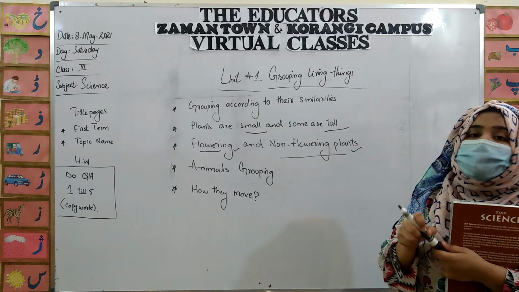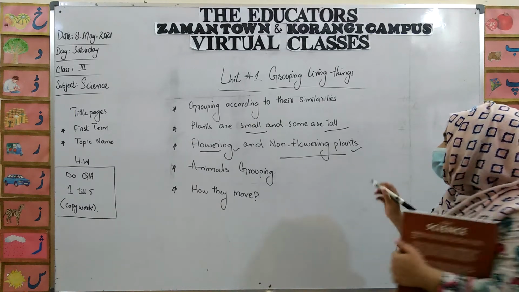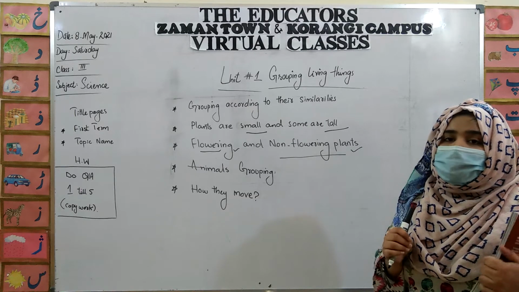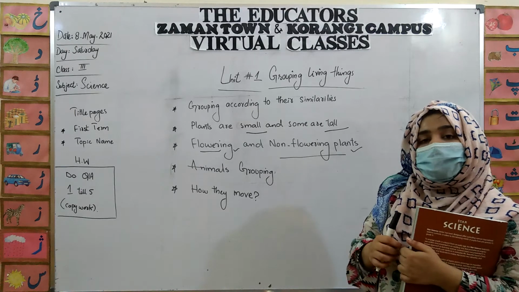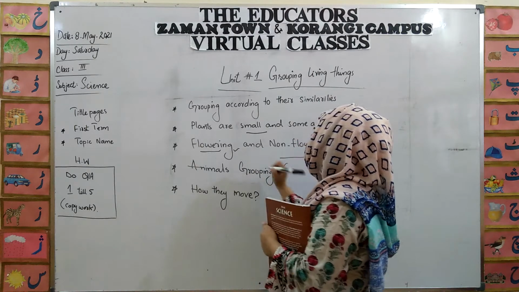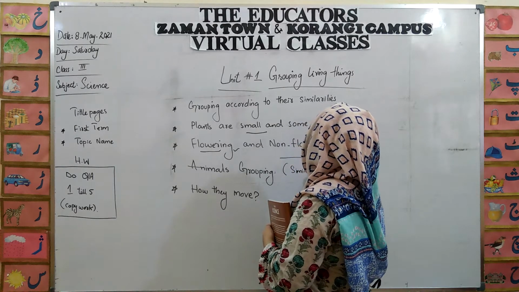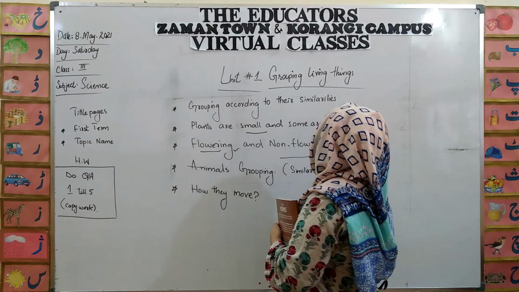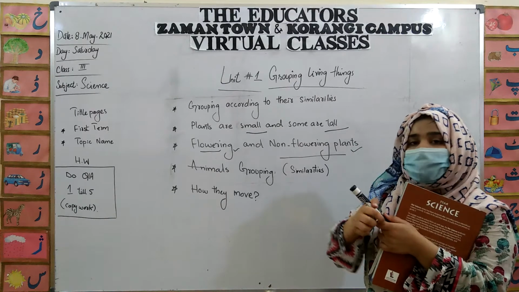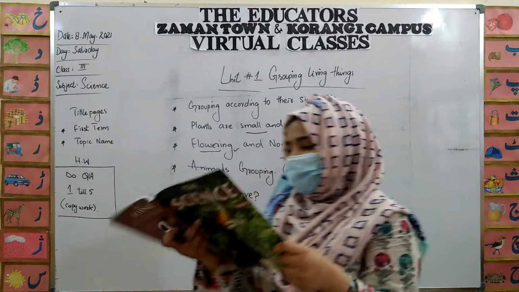As we have done in the example of black balls, we collected only one type of ball. So we just make a group of similar things. How can we make a group of different things according to their similarities? We have to group the animals according to their similarities. We have to take their similar things, and then we have to make them into a group. So, how do we group animals?